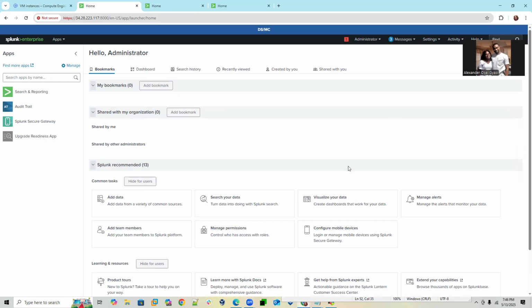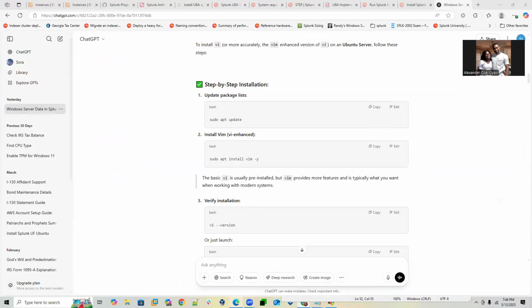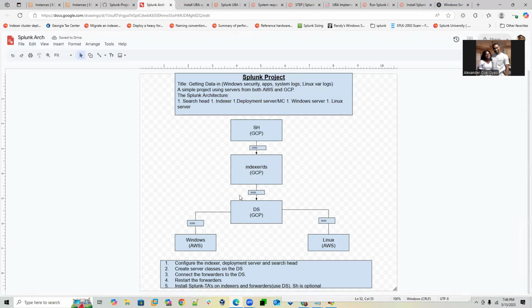All right, guys. Today I'm going to walk you through how you can do a simple Splunk project. The architecture is spelled out here. It's a distributed environment, but it has basically three components of Splunk, such as the indexer, and then the deployment server, which will also serve as